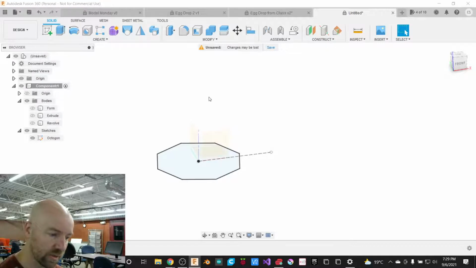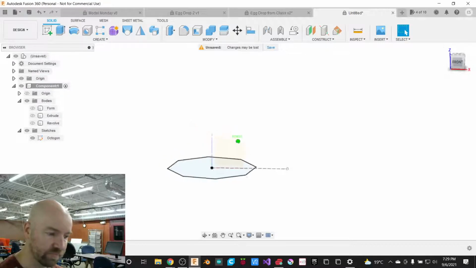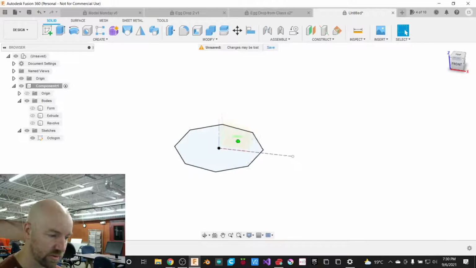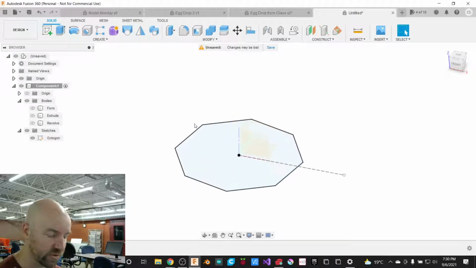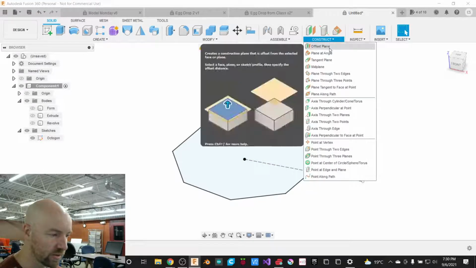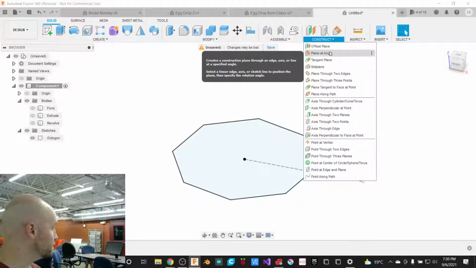So in theory we could use one of our existing planes that Fusion gives us, but it's nice to be able to know you can make a plane wherever you need to make a plane. So I'm going to go ahead and choose from my construct menu this plane at an angle option. So if I choose plane at an angle here,